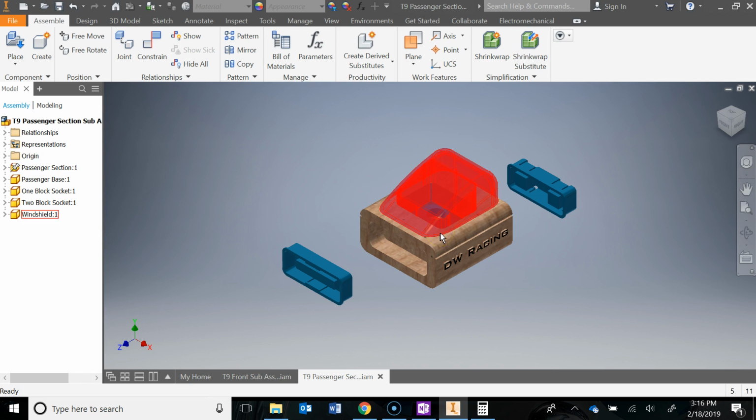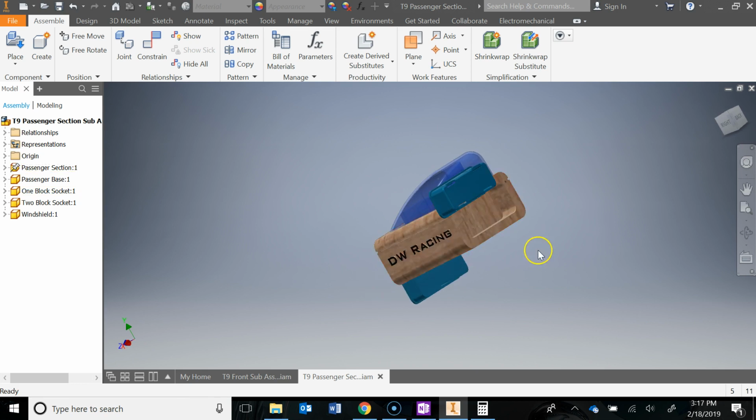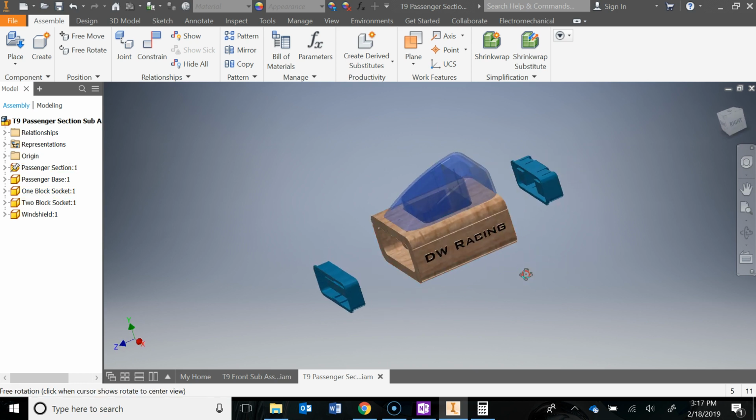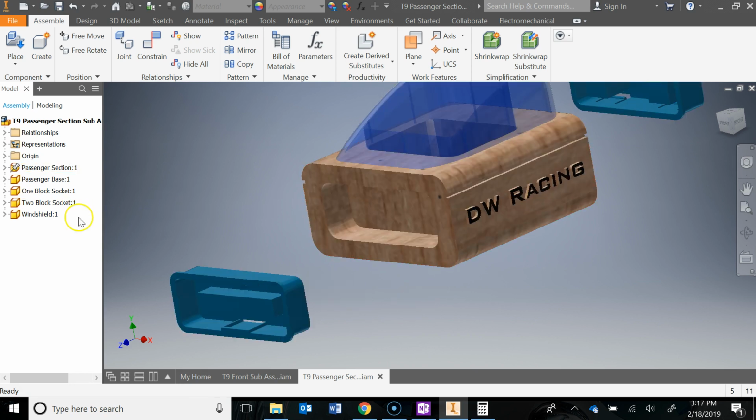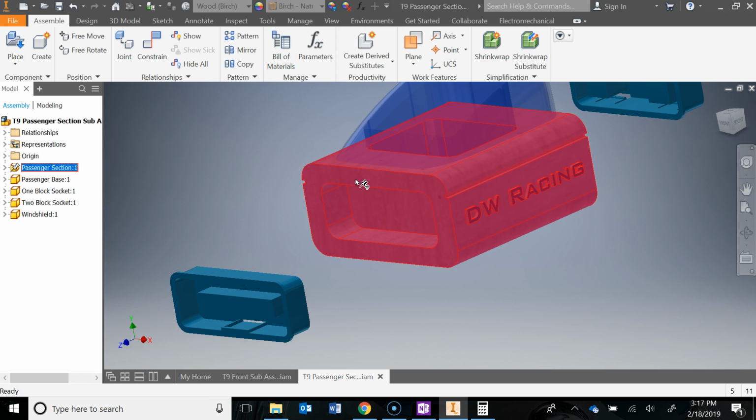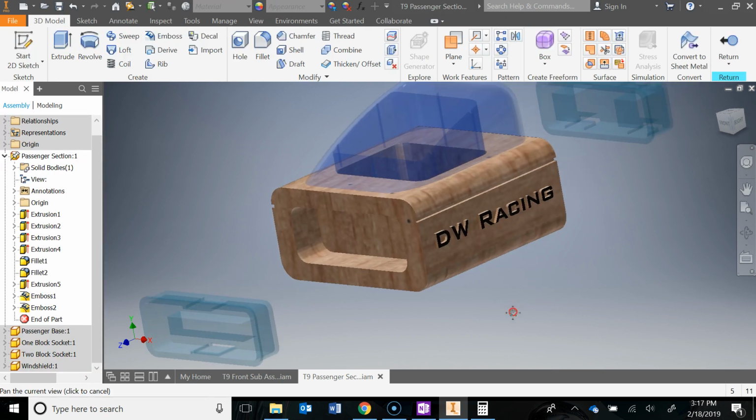Now, I did notice a few minor errors with the passenger base or passenger section. So we need to make some adjustments on this front cutout and this rear cutout to accommodate those single and double sockets. So I'm going to go ahead and double click on the passenger section to get into that part file. Notice everything else goes transparent. And then let's work on this front one first, which was